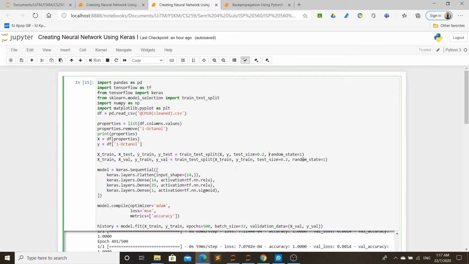So TensorFlow is one of the alternatives to PyTorch, another way to create a neural network, like a convolutional neural network or a recurrent neural network. But this time I'm going to create it